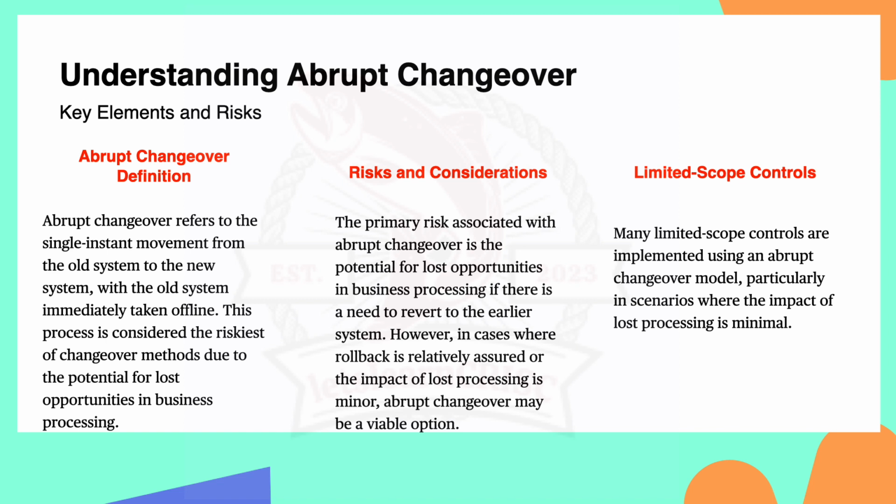Next, about the limited scope control. Friends, abrupt changeover is implemented when the rollback is relatively assured or when the impact of lost processing is minimal, right? So it is a strategy chosen when the potential impact of the risk can be confidently managed, right? So we can say that in simpler terms, abrupt changeover is like changing the channel on a TV, right? It is quick and immediate, but there is a risk of missing part of the show if you need to go back. So this approach is suitable for scenarios where the risks are manageable and the impact of temporarily stopping business operations is minimal,